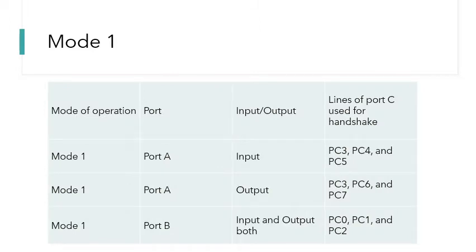Let us see about mode 1. This mode uses handshaking to make the exchange of data more efficiently. But what is handshaking? In mode 1 and mode 2 operation of I/O ports, the I/O devices and the processor can communicate with each other apart from the exchange of input and output data. It goes down like this.